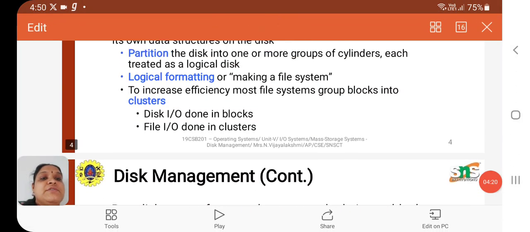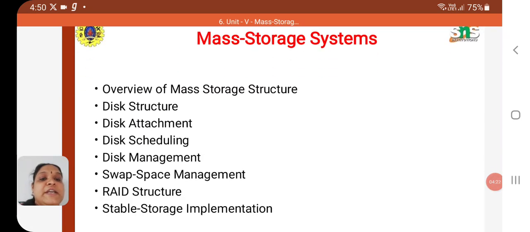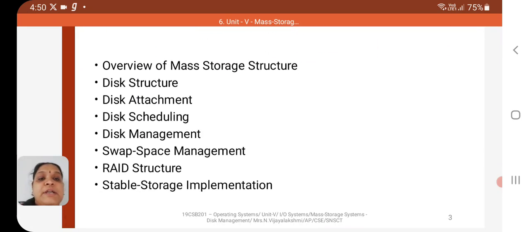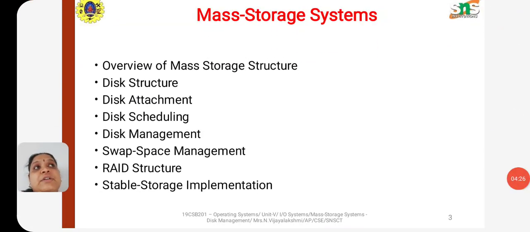So in the next forthcoming video, we will be studying about swap space management and RAID structure, and we are going to see about the stable storage implementation. So far we have seen the overview of mass storage structure, where we saw about disk structure, how a disk, secondary storage disk can be viewed